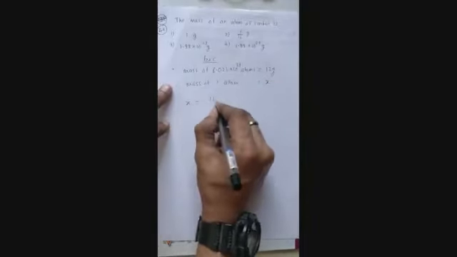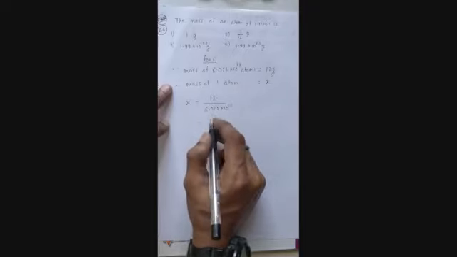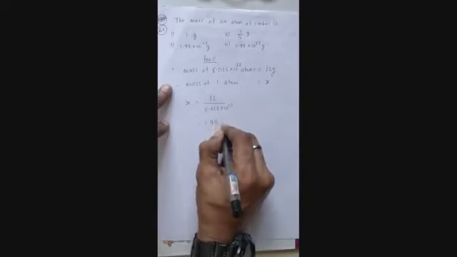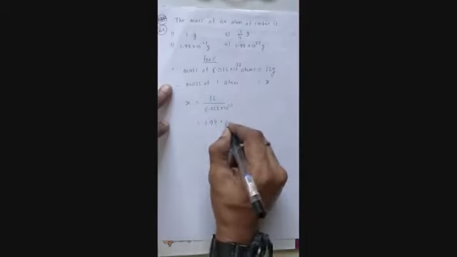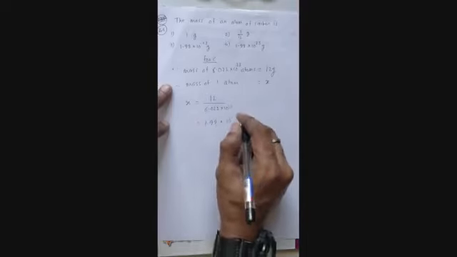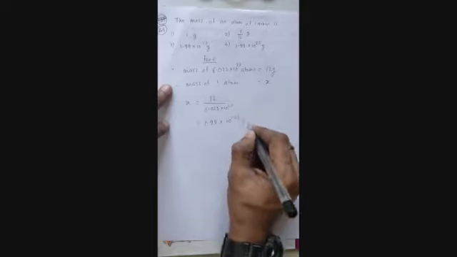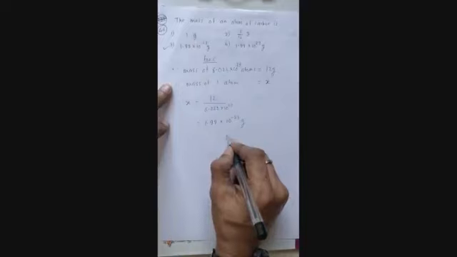Cross multiplication is going to be 12 upon 6.022 into 10 raised to 23. So your answer will be somewhere around 2, correct? Now close to 2, 1.99, little less than 2, so I am taking it as 1.99 into 10 raised to minus 23, correct? That is grams. Your answer is option 3.